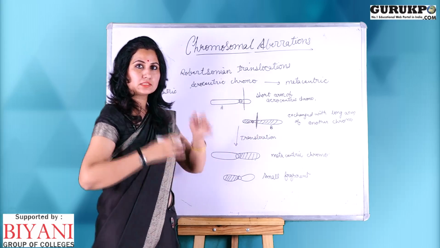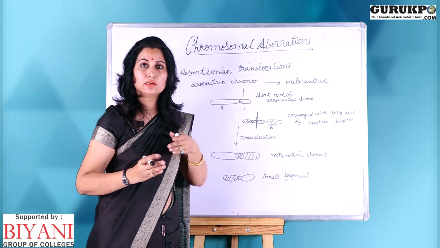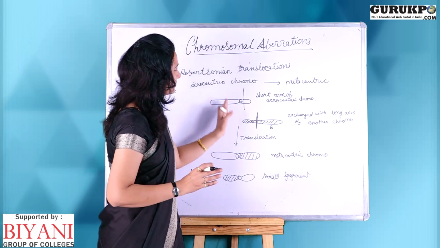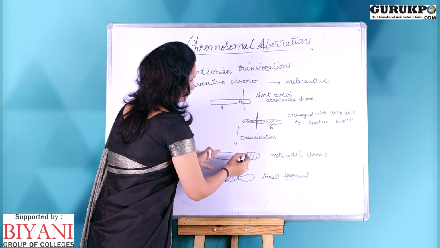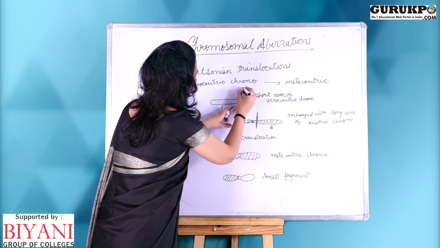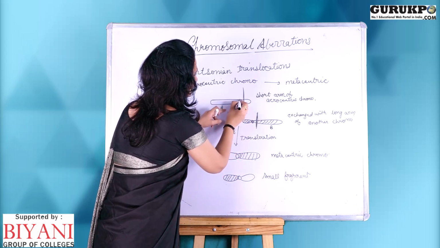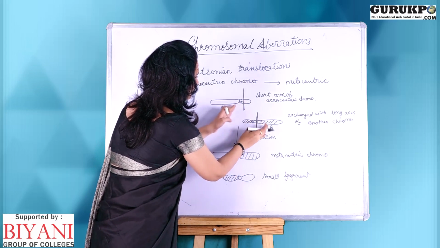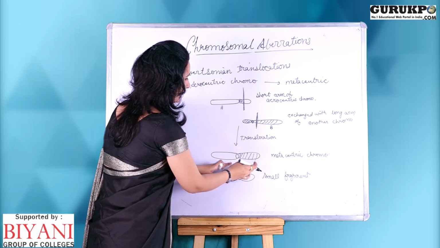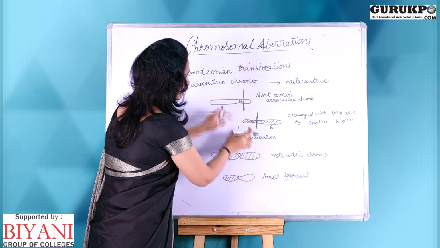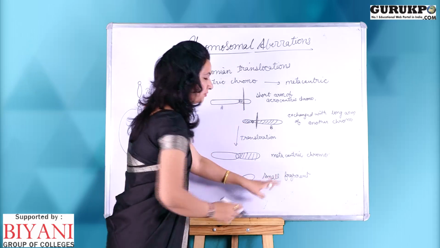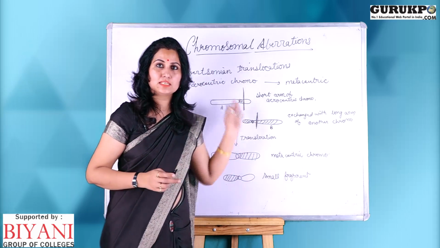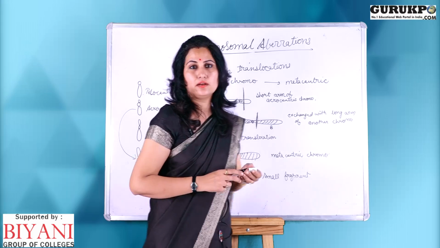So if the translocation process or segmental exchange will occur in this, then it will be known as the translocation. And in this, as I have told you, it is breaking from here, then the two larger arms will get joined and make a metacentric chromosome, and the two smaller arms will rejoin and make a small fragment of a metacentric chromosome. In such a way, Robertsonian changes are occurring.